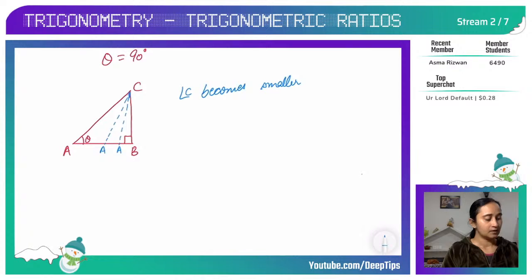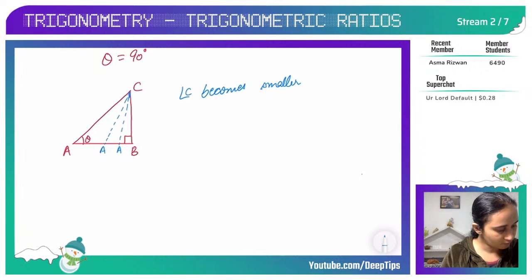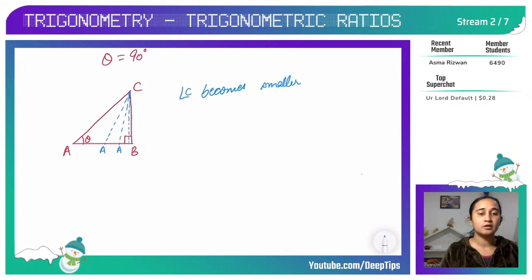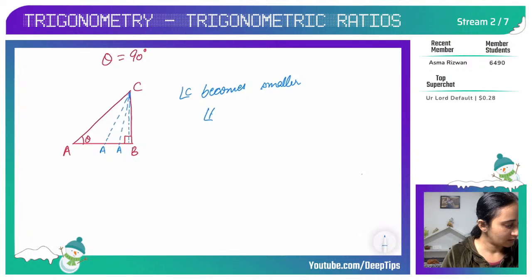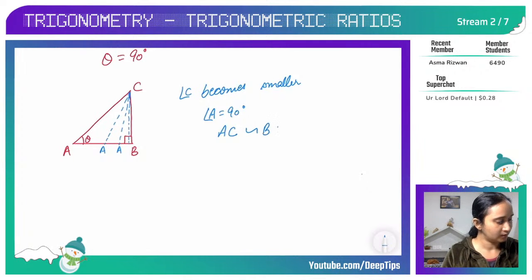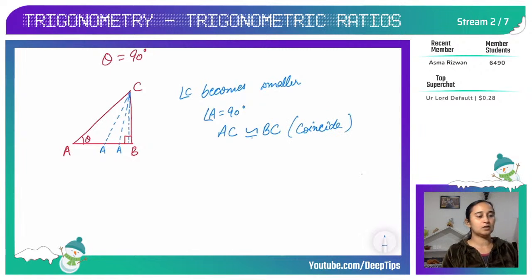So finally a point comes when A and B coincide, right? Point A gets closer to B. If you just look here, C gets smaller and smaller, and this point A is moving closer and closer to B to become 90 degrees, right? So when your angle A becomes 90 degrees, your AC and BC are almost equal. They actually coincide and they become equal. But your AB diminishes because A and B coincide.